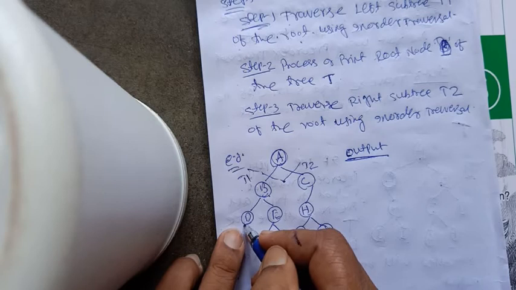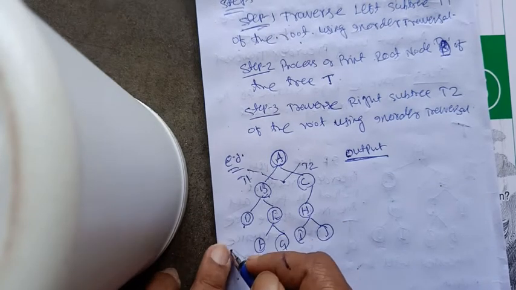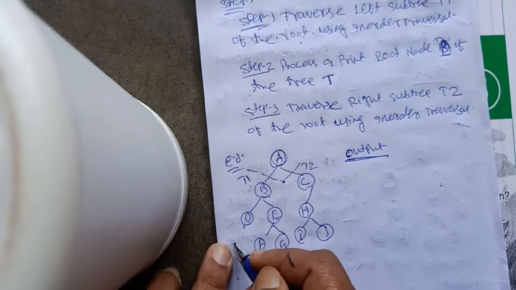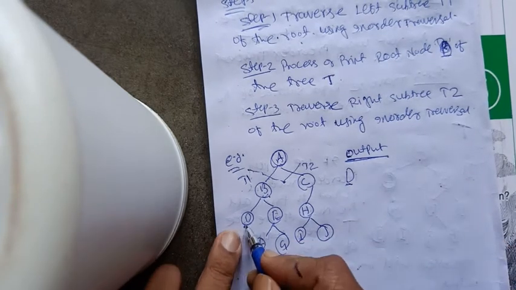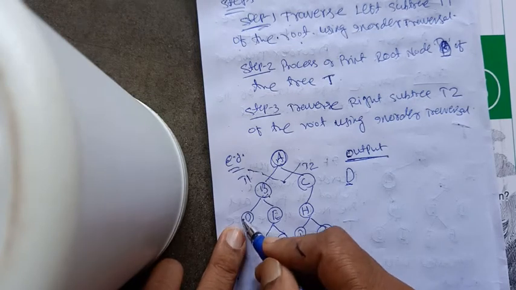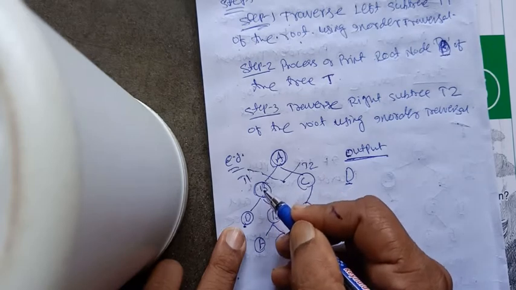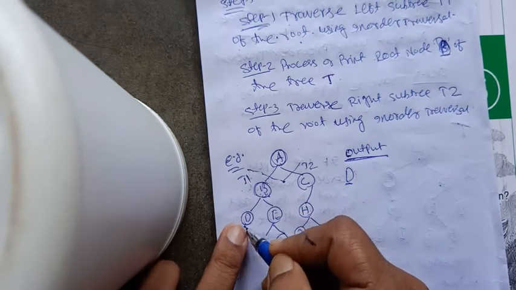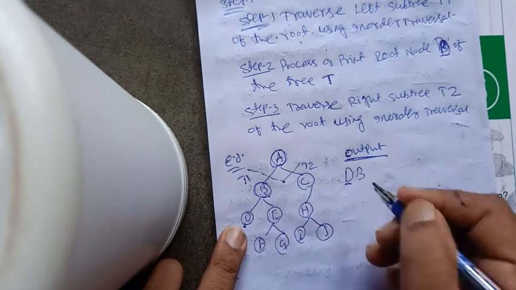This is the root which is at the left of B. Now instead of processing D, we have to move again left, and left of D is empty. So when the left of D is empty, we should first process D. So output will be first D will be printed. So D is gone. Okay, there is no right of D, so we will move backward. Now when we go back, we will find B, which is root of T1. See, left of T1 is now traversed. Now the root of T1 is B, so B will be processed.